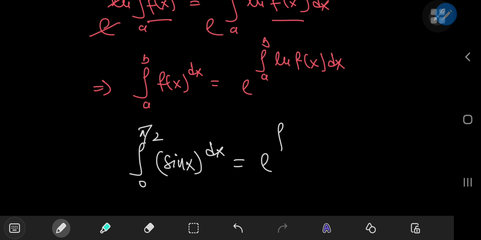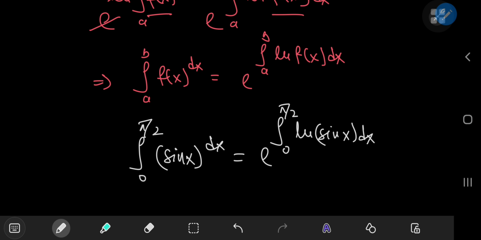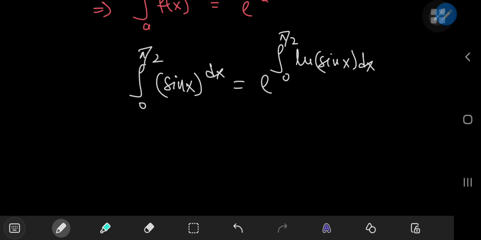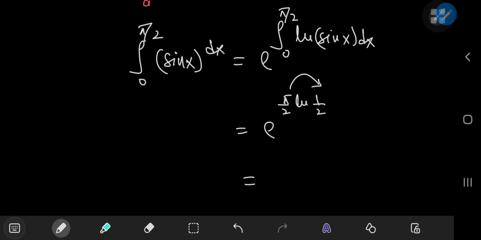And this equals e to the integral from 0 to pi by 2 of the natural logarithm of sine x with respect to x. And we know that this is one of Euler's log trig integrals, and it evaluates out to pi by 2 times the natural logarithm of 1/2, which you can write in a pretty funky manner,